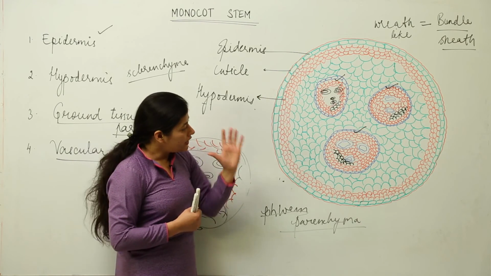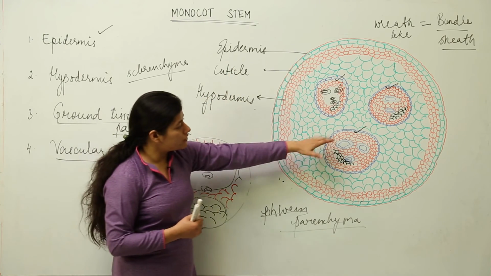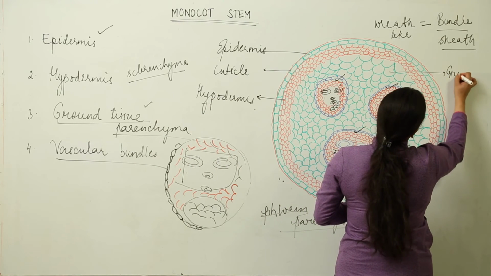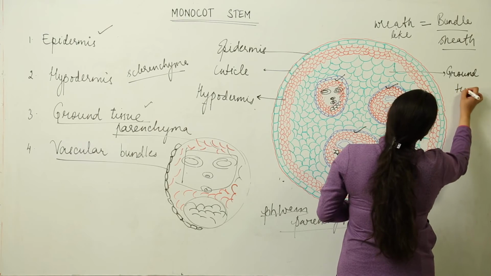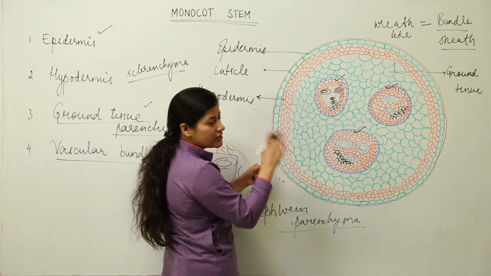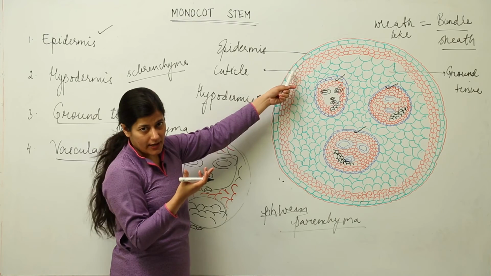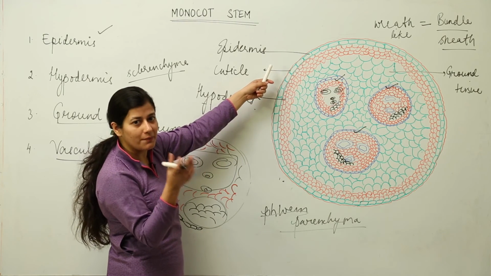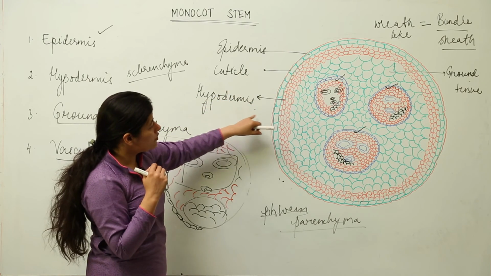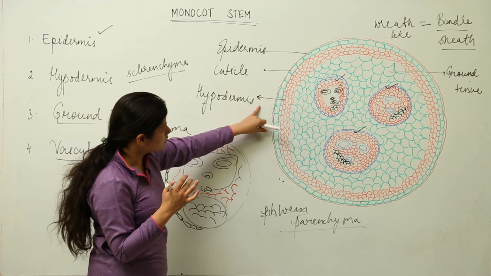In your diagram, you cannot get rid of the epidermis, cuticle, hypodermis, ground tissue and vascular bundles. These parts are to be included. Okay. Now, the remembering part is what type of tissue constitutes which component of the monocot stem. Epidermis would certainly be parenchymatous. It would be surrounded by a cuticle, thin or thick, depending upon the habitat which the plant inhabits. The cuticle would be there. There would be a sclerenchymatous hypodermis that would be present. You have to remember the tissue constitution of it as well.